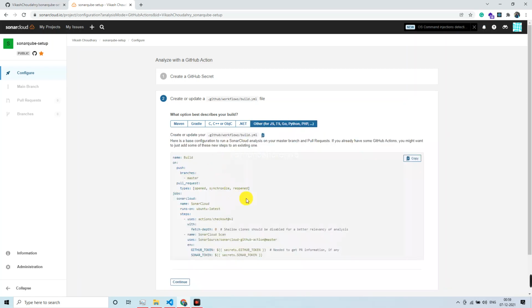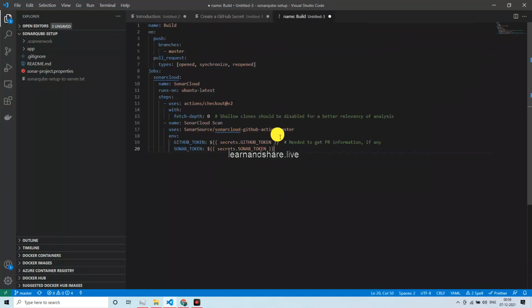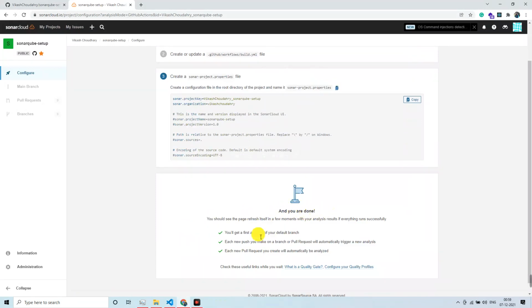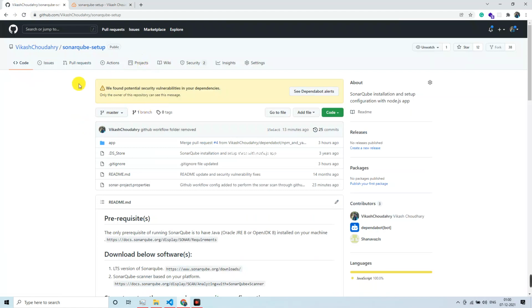So let's click on this, copy this command, configuration, and then continue, and then it says you are done. Once we follow these necessary steps 1, 2, 3, we should be seeing something in action. So let's do that. Now there are two ways to create the GitHub Actions workflow. In order to do so, go to this repo, or if you're cloning this repo and playing with your forked repo or branch, there also you can do the similar thing.